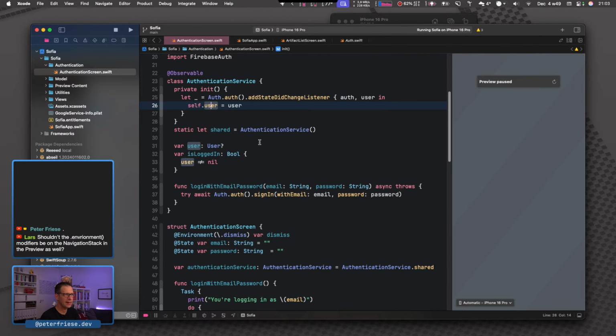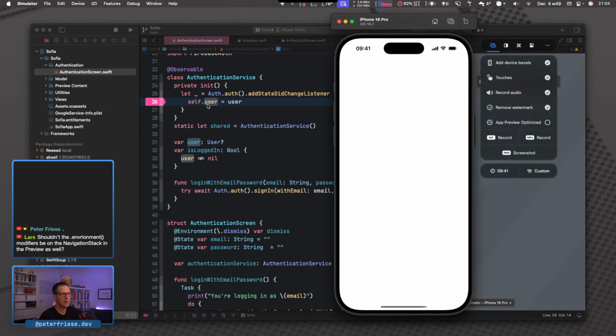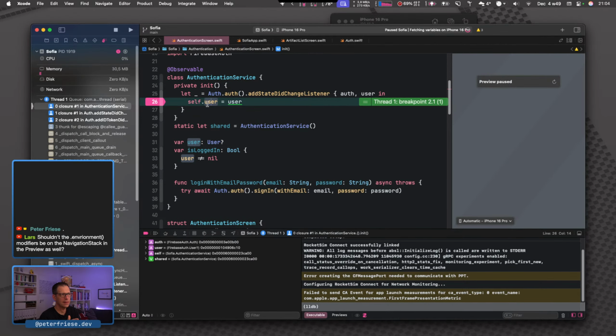So let's do this again, but I'm going to set a breakpoint, and this should hit. So launch the application again. And this state listener here will be called when either a user signs in or signs out, or there is another trigger that triggers the authentication state.